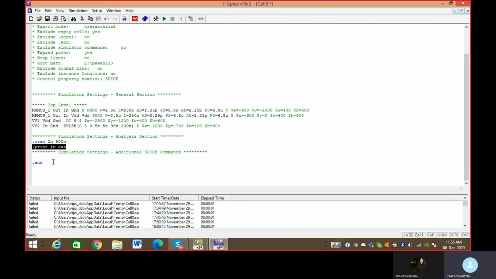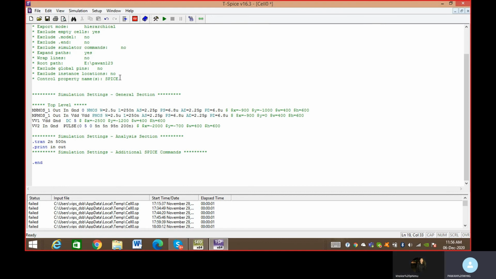If you want to see the output, that's why you write this .print. With this command you can have the W-Edit initiated for the print, otherwise the output is generated but it will not be shown to you. If you want to check it, you have to write .print in out.